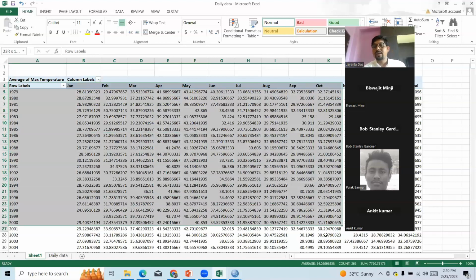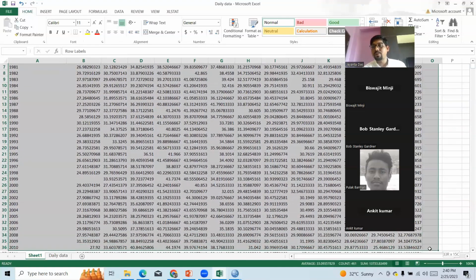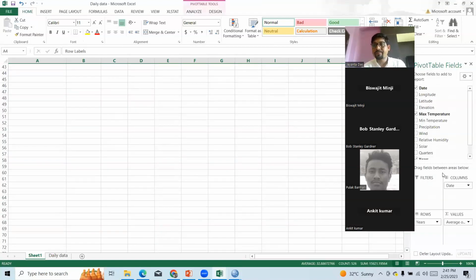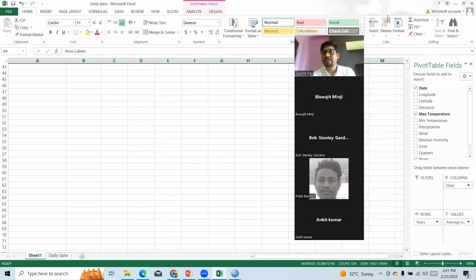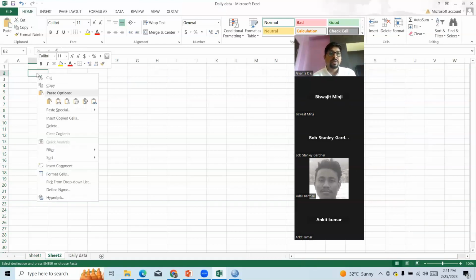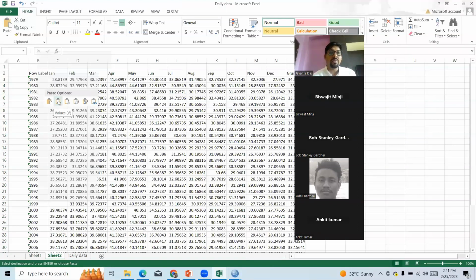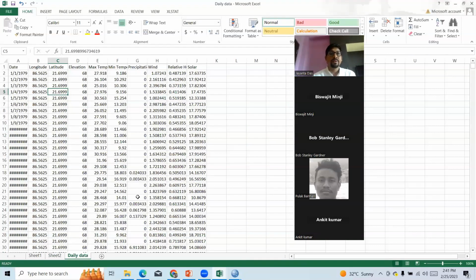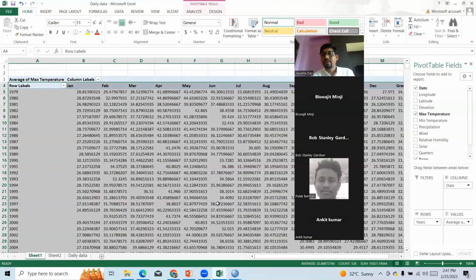Okay. It's in table format. So if we copy it, Control C. Right click and paste as value only. Now, instead of row level, it's year. So Tmax. Okay. Another. Uncheck it